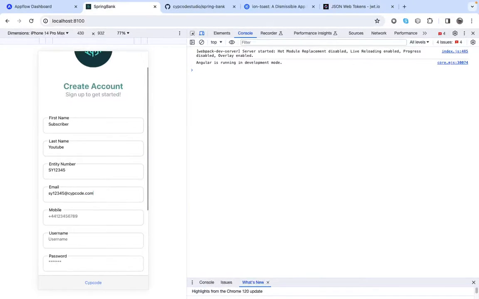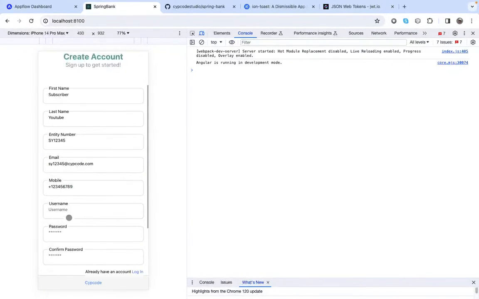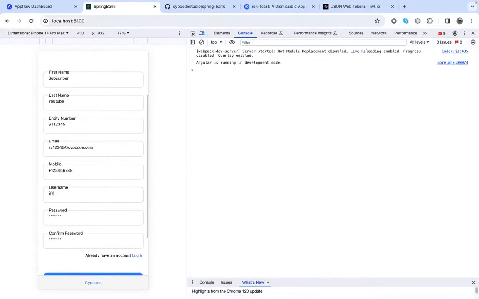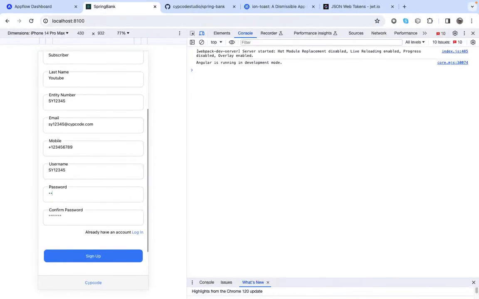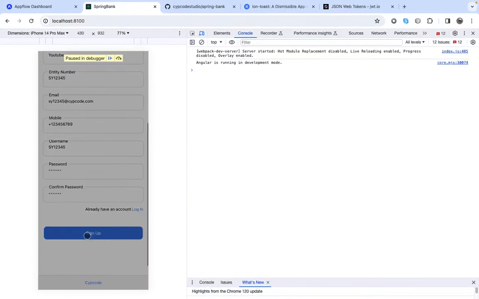It's coach.com. Then password is SY 1, 2, 3, 4, 5. Right. So we say sign up,